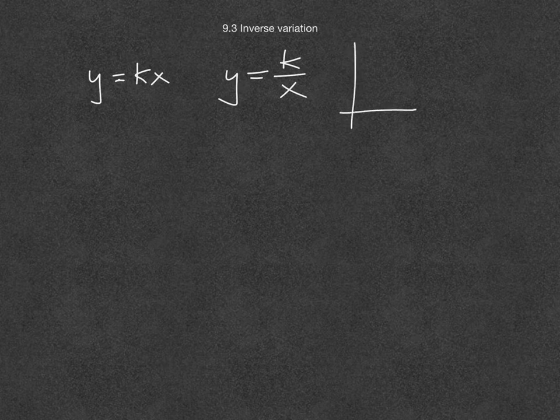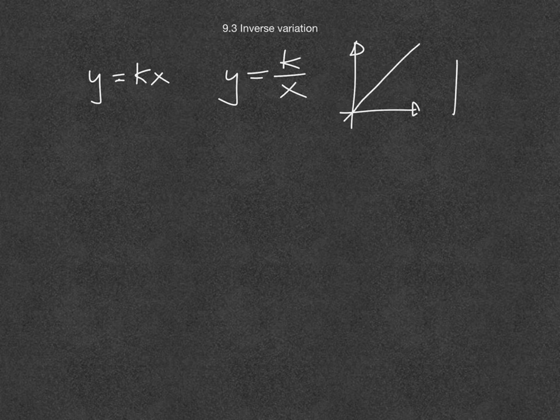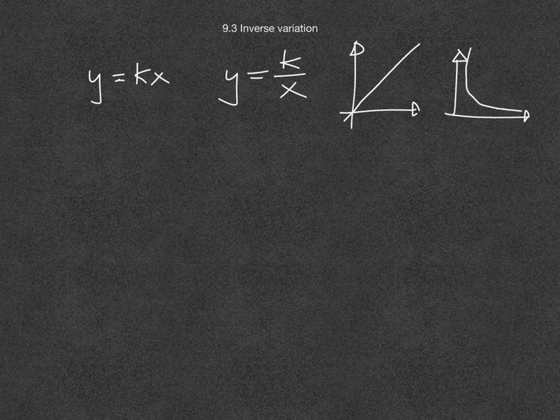The simplest type of direct variation we have, y equals x, will give you a graph that looks like this, whereas the graph of y equals k divided by x is going to look like this, and it also has